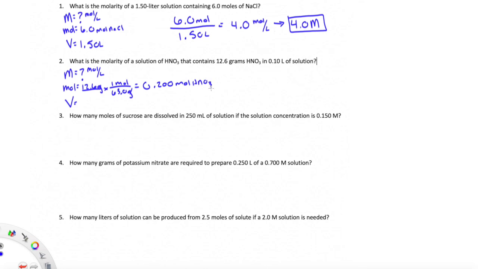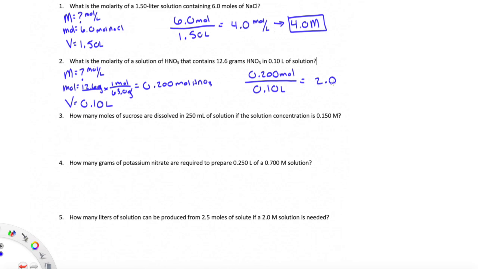Okay. And then it's also telling me that I have 0.10 liters of solution. And again, when I'm calculating molarity, it's always going to be moles over liters. So I'm going to put 0.200 moles on top, and I'm going to divide that by my volume, 0.10 liters. And when I put that into the calculator, that tells me that I have a